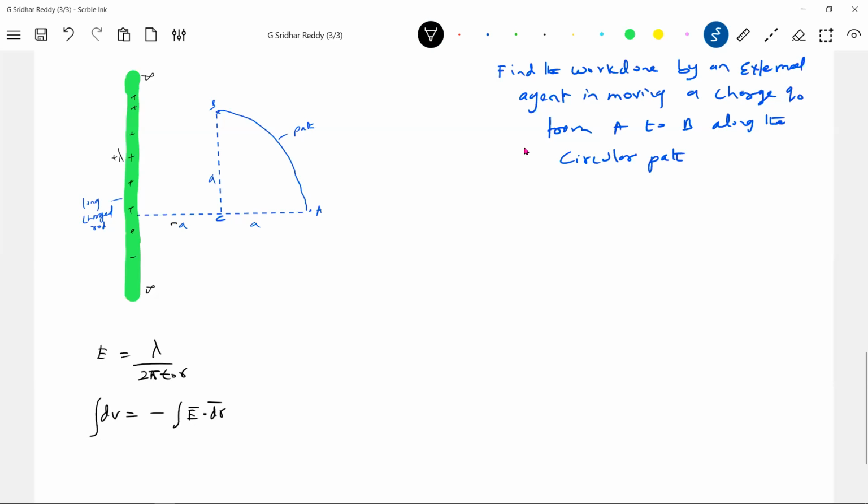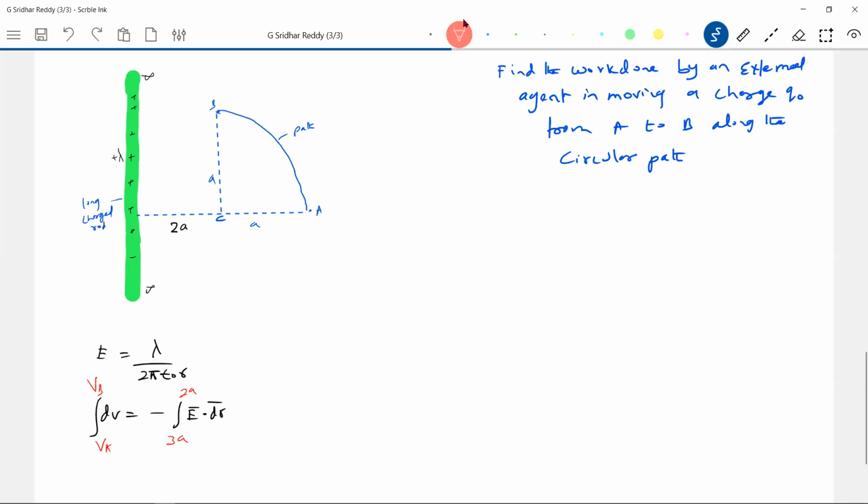I'll make it this distance 2A. So where is the point A? Point A is at a distance how much? It is at a distance 3A. Look at the limits. Point B is at a distance 2A, and the potential difference will be VA and VB. This is a generalized formula. Everywhere, substitute the limit, that's all. Don't change this formula.